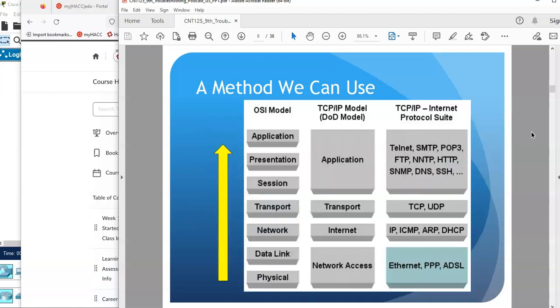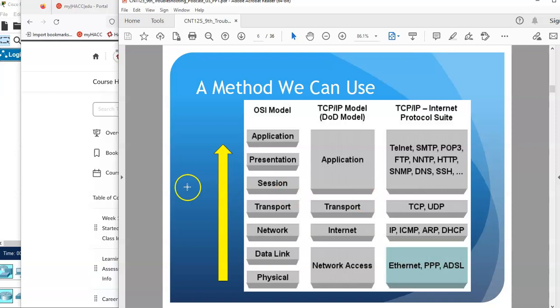So what I'm going to do in this podcast is start walking you through that process. And I actually put another, here's the OSI model going this way, here's the TCP/IP model. So you're starting at physical and so forth and working your way up. What I'm going to do in this podcast now is start walking you through these layers and the kinds of things you would be checking at each layer. But to make it a little more usable, a little bit more realistic, a little bit more applicable, if you will,